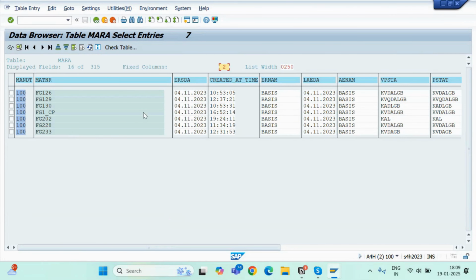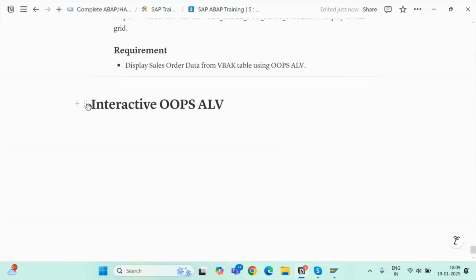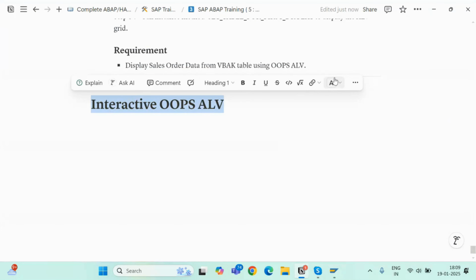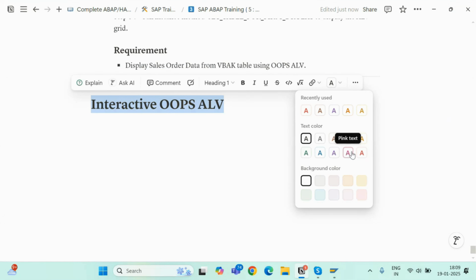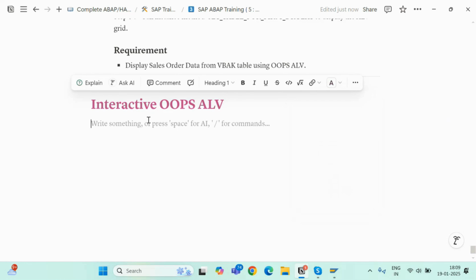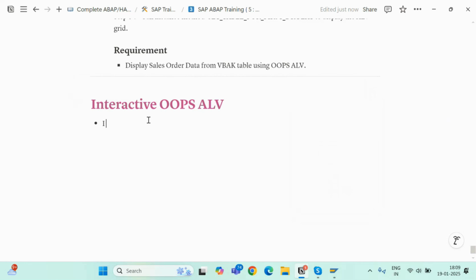All right, that's good. So now I will take a requirement. Interactive OOPS ALV. Very, very important. So let's say I want to display MARA data, which is material master header. So I want to display MARA data on one ALV, and when I am double clicking